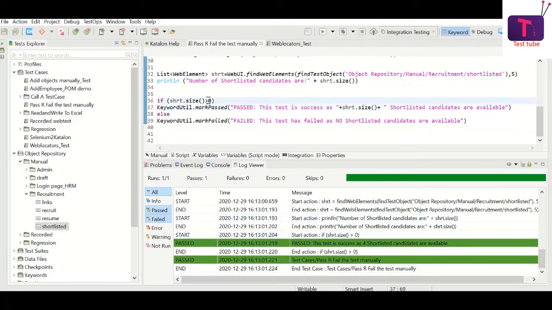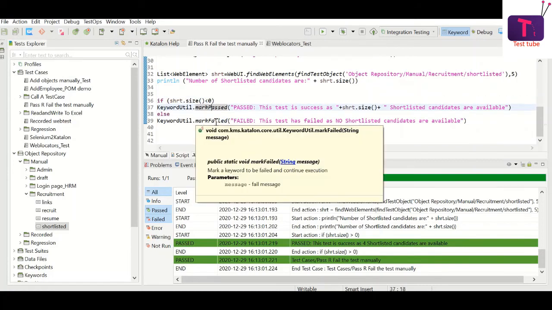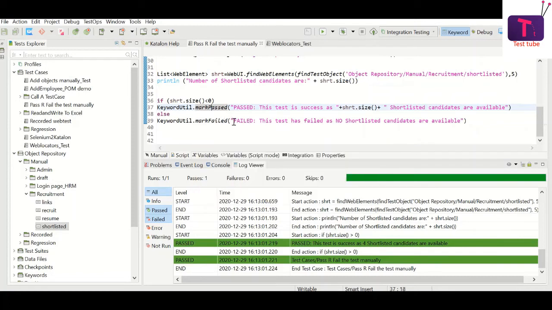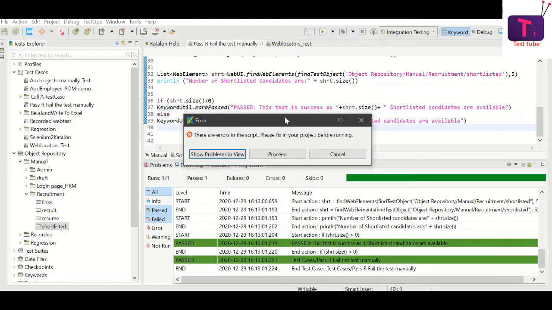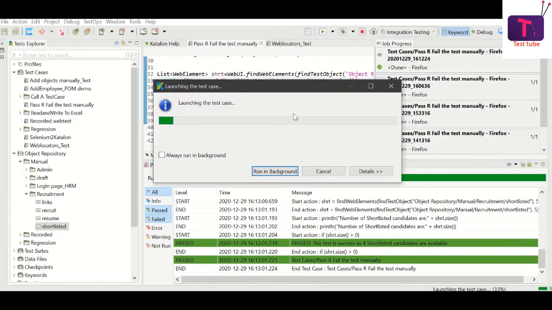Now let us try to verify the failure test case. If I say that if the candidates are less than 0, I will say it has passed, and if it is greater than 0, I say it is a fail. The messages are not appropriate, but we are just verifying whether the logic is followed and whether it is going to fail or not.